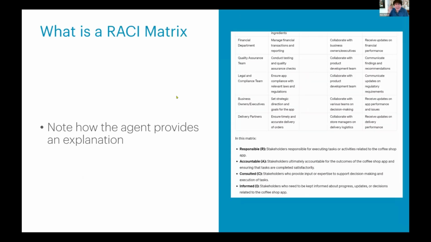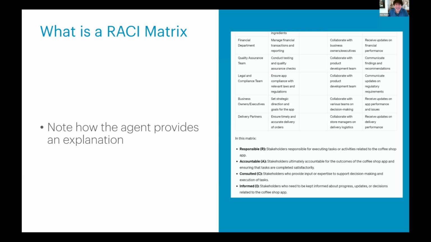Now, of course, one of the other nice things when you ask for an artifact from many of these agents is it will also tell you what that artifact is. And this is actually a pretty good thing to provide. So if I were to take this content and make this available to the rest of my team for review purposes, here we have a little bit of an explanation of what that means.